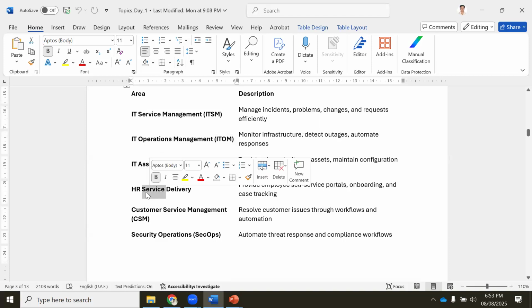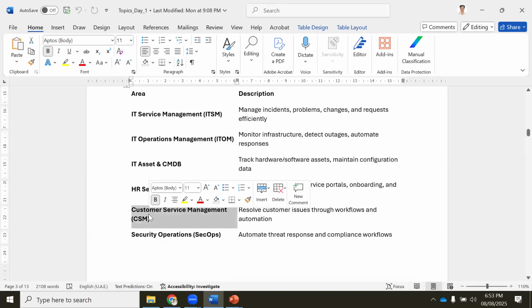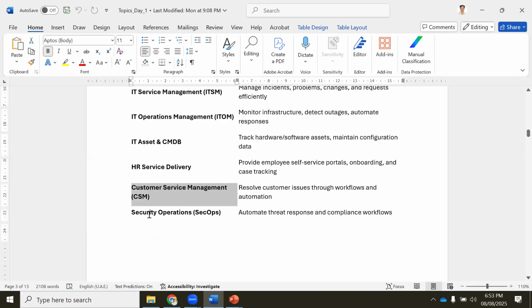HRSD is nothing but when you join any company, how your payroll will be, what your facilities are, what insurance I have to provide, all those things will be recorded in HRSD. CSM is when you call customer care of your Airtel or Reliance, they will record your tickets and give a solution.